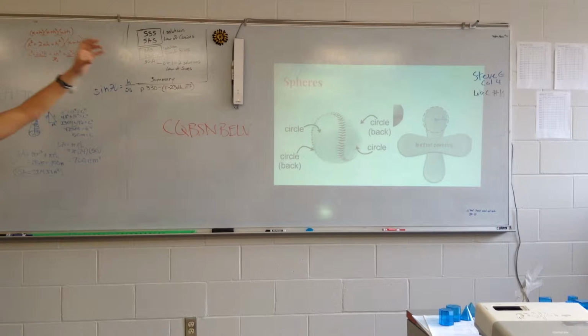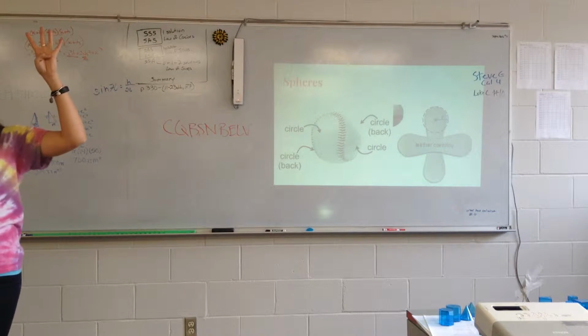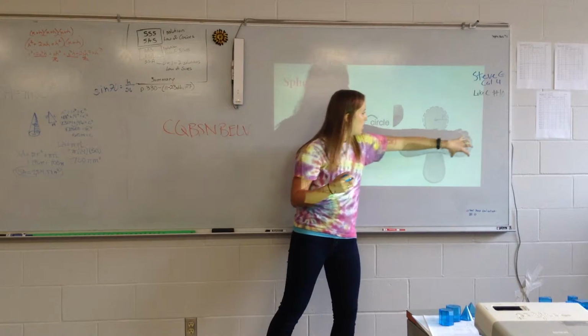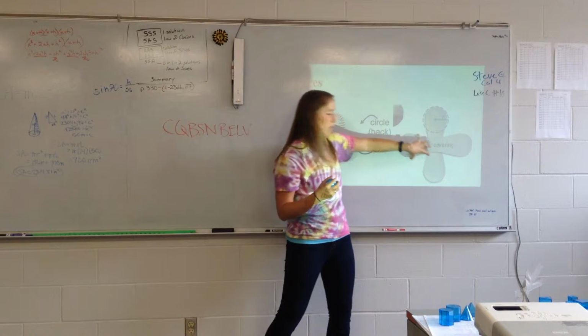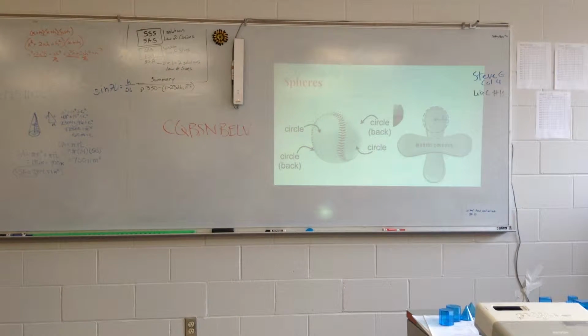How many circles do you think there are in that whole thing? 4? Everybody agree? Let's say we have about 1 in this whole chunk, 1 here, 1 here, 1 here. So everybody agree there's about 4 circles? Yeah. Ashlyn, what's the area formula for a circle? Pi r squared, right. So we have there 1 circle, so what do you think the surface area of that whole sphere might be? If we have 4 of them,